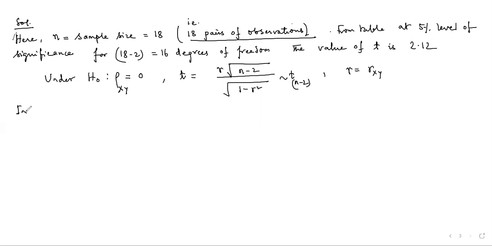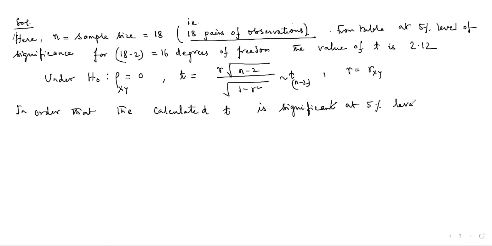I want to write, in order that the calculated t is significant at 5% level of significance, we must have